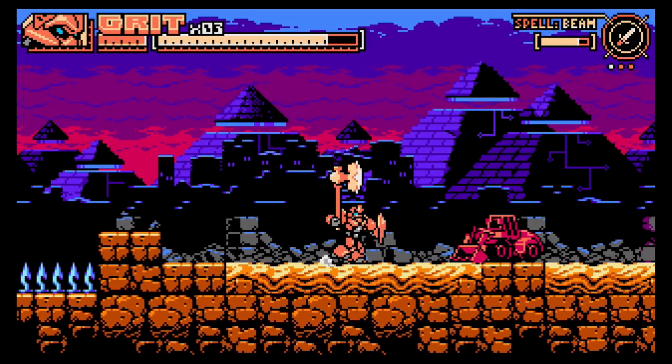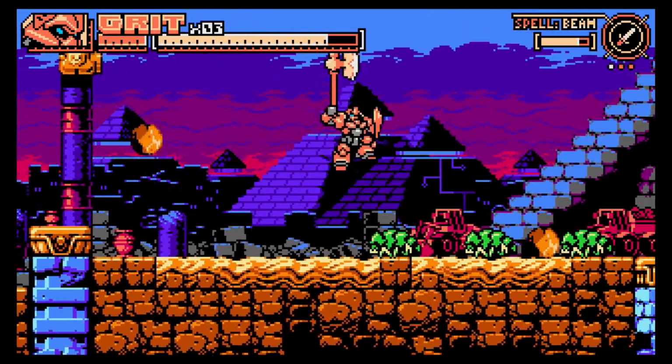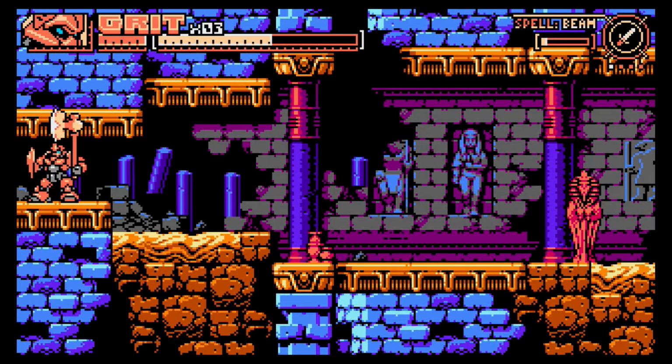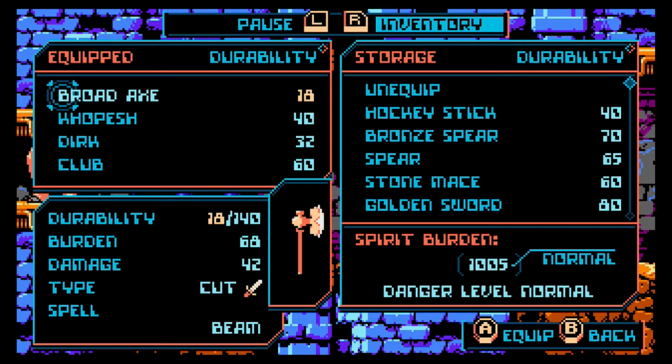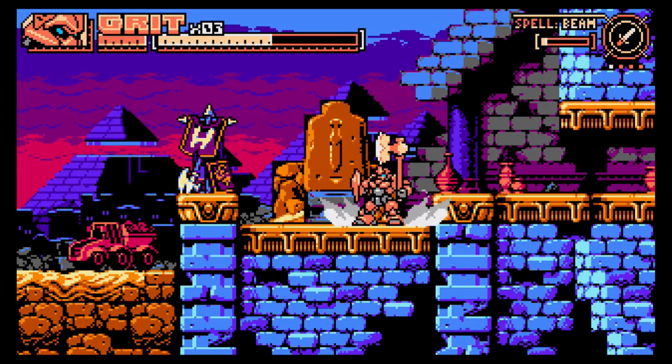You pilot your Panzer mech and collect weapons from fallen enemies and from hidden areas in the level, which sounds pretty straightforward, right? Like, who doesn't want to use a giant robot to beat the hell out of a bad guy with a hockey stick? But the weapons have a shelf life. They degrade as they're used, and you need to collect as many as possible because you'll need them to activate